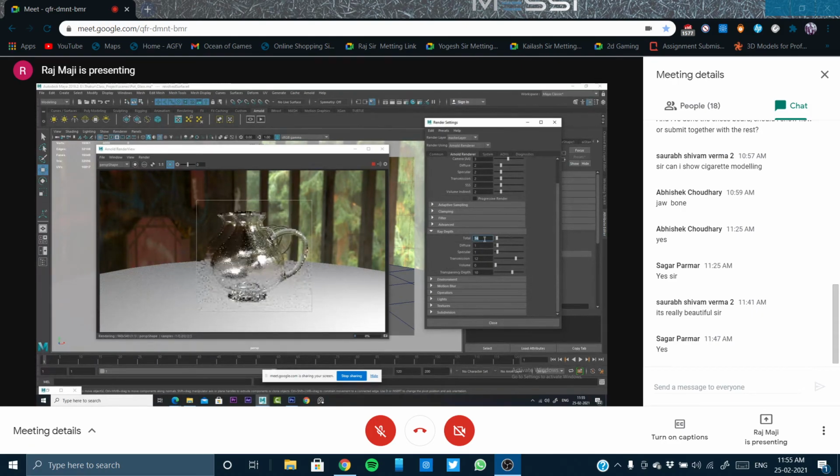So it has to be more than that, like it has to be exactly the total value. So I have made it like this. If it is 8, so 8, 9, 10. So the total value can be 10. So like that, each and every object it will calculate and it will penetrate. So very important. I guess you got this point.